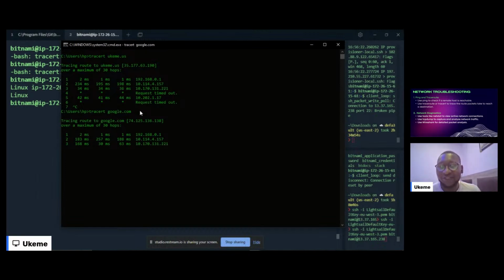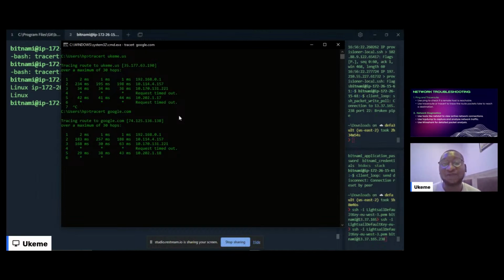So what this actually means in terms of networking is that once you make a request, you are trying to go to a particular website or you're making a web request, it doesn't just go straight to that server and pick it up. It's going to make hops across different servers, especially if the file is hosted somewhere in the US and you're here in Nigeria. It's going to go almost around the globe to get your data and then come back with a response, right? So that's why AWS has something called availability zones and regions.